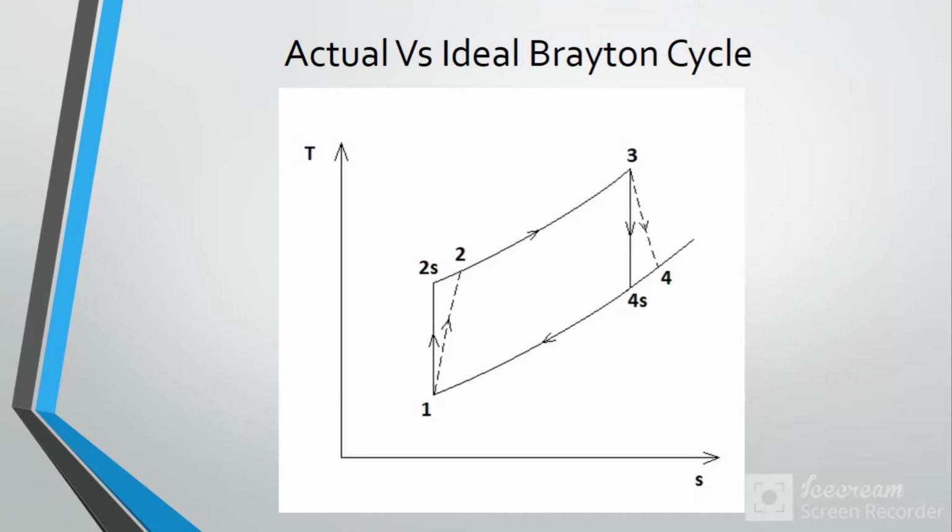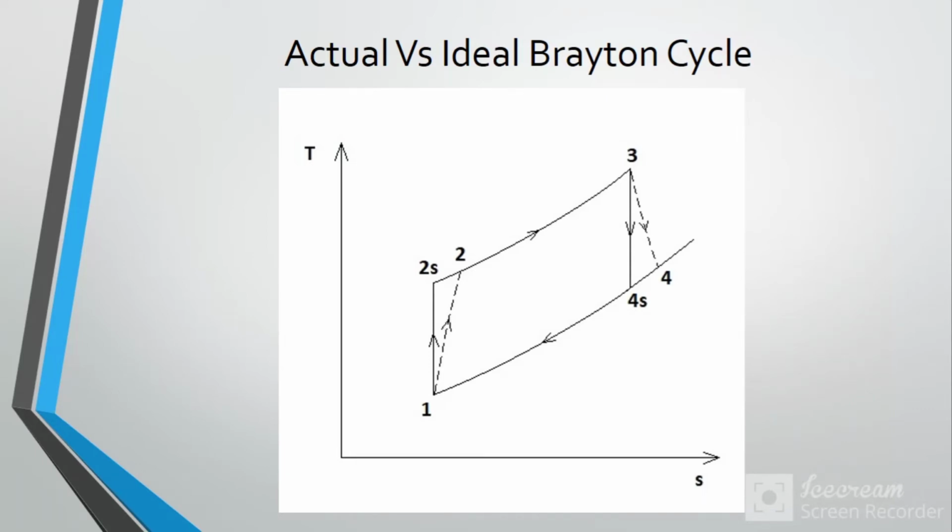1 to 2 is ideal, but in actual it is not so, because the entropy gets increased, and what we expect from the compressor is only compression, but it generates heat because of friction, which is not required for us, because we only need compression from the compressor, but we can't avoid this. So we get deviated from the ideal cycle, and in actual the compressor is taking more work.